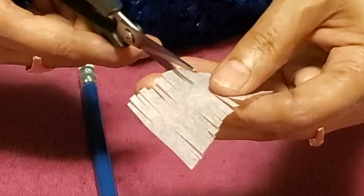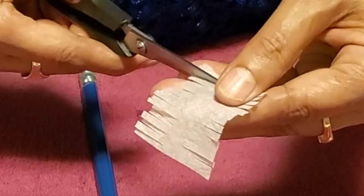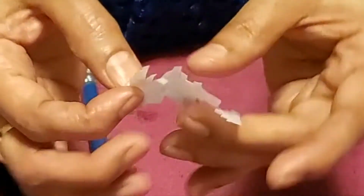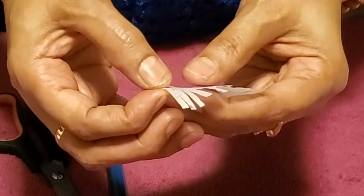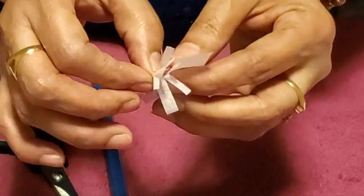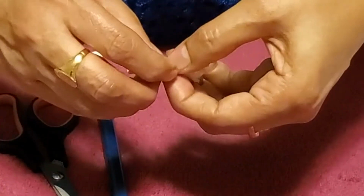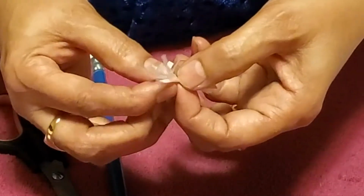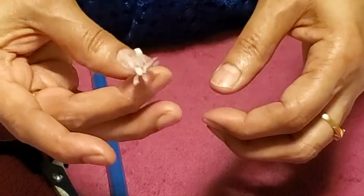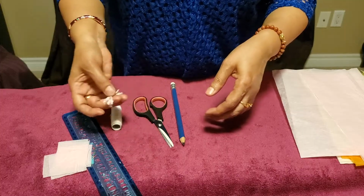These tissue papers are very thin, so be careful. You can take your own time, you don't have to hurry. So I have cut on both sides, they look like this. I hold the middle part and roll it with my fingers, and twist a little bit at the center, very delicately. So this is one flower. So like this